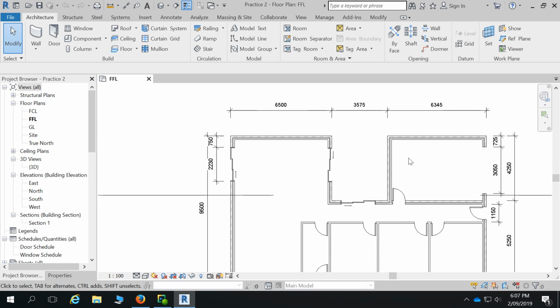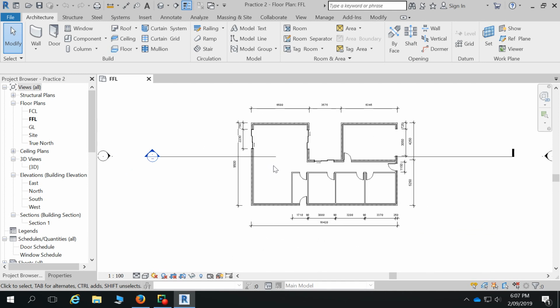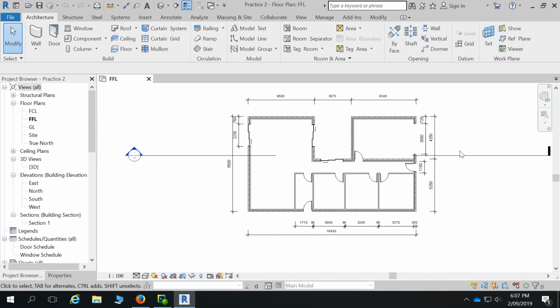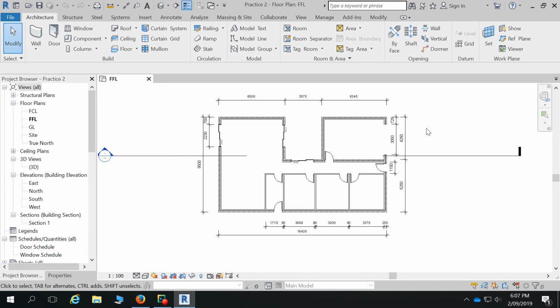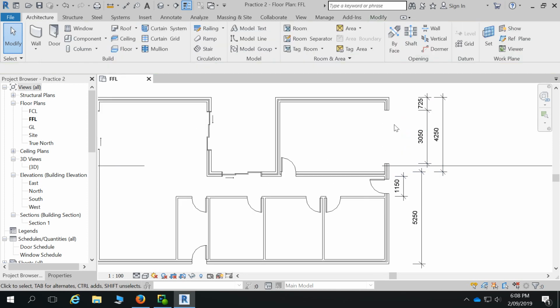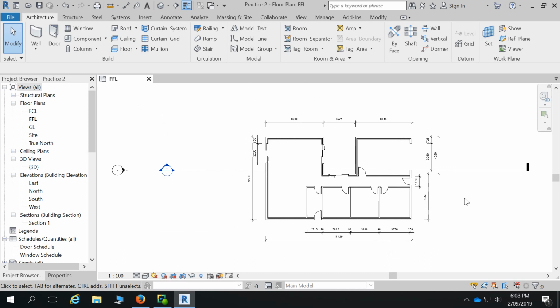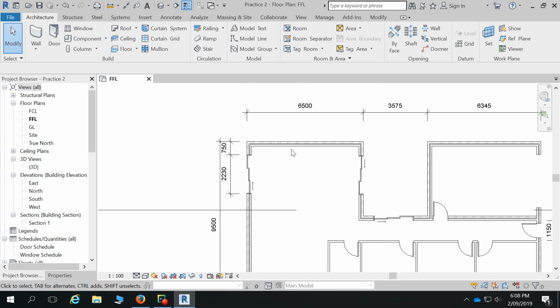Did anyone have any trouble setting it out with the distances, etc.? The only problem I had was setting the garage door width properly. Okay, good. I just clipped that wall through and trimmed the middle of it, but getting all those measurements to line up. So this length here and this one here, one of them puts a 3050 in and it pushes the other way out. So that's a common mistake people make. It's not really a mistake, it's just a learning thing that people get frustrated because they seem to be moving the same wall backwards and forwards. So that's pretty normal